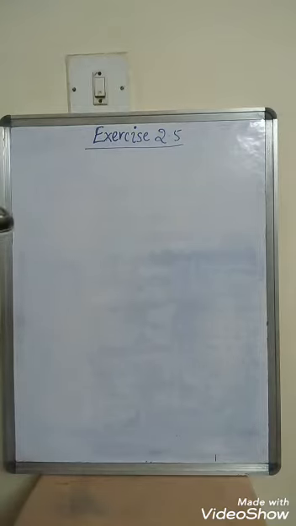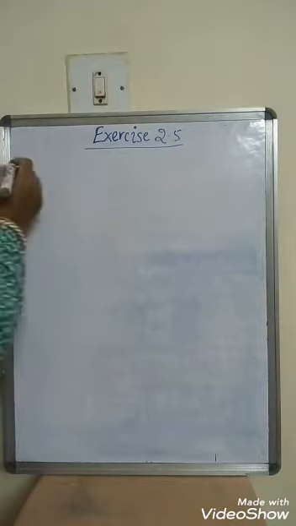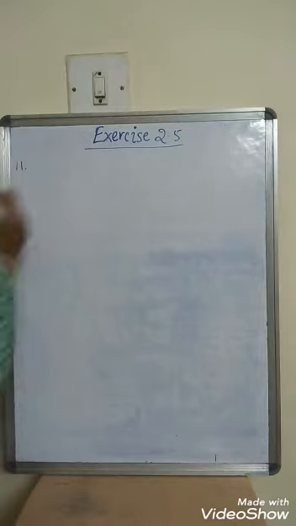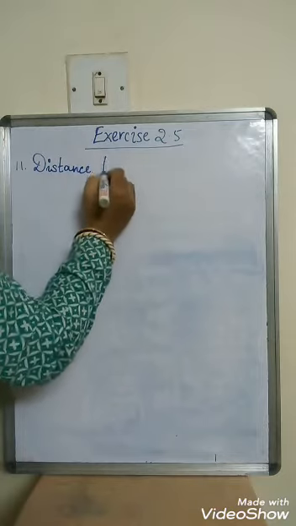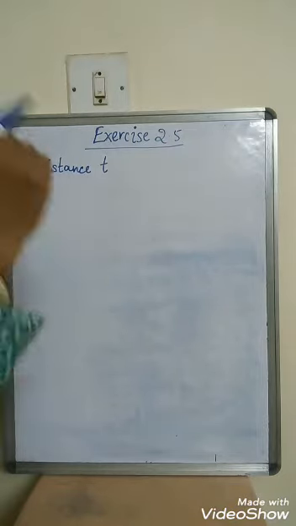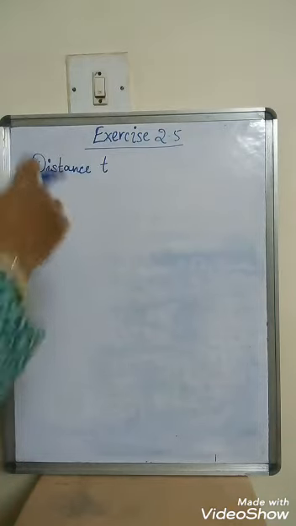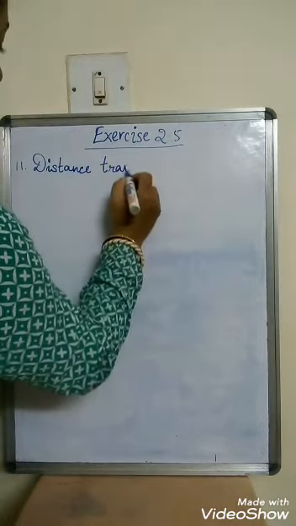So what you have to find out is that after 1.5 hours, how far will be these two aeroplanes. So now what we have to do is that first let us draw. So before drawing here, first we will try to find out the distance. This is question number 11. So first we have to find out the distance travelled, because they said you have to find out the distance travelled by both the aeroplanes after 1.5 hours. So first we'll find out the distance travelled